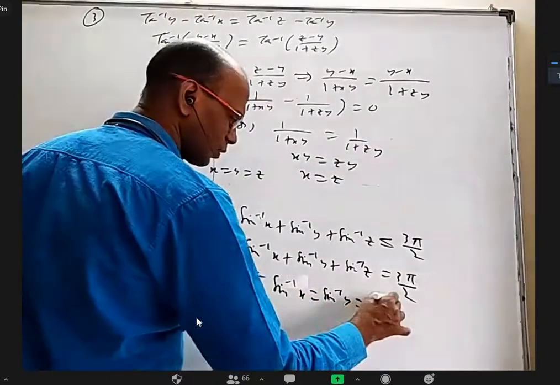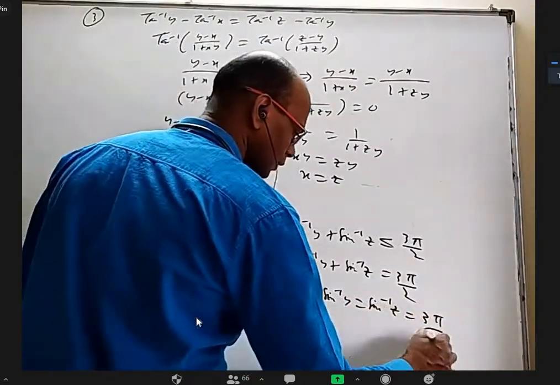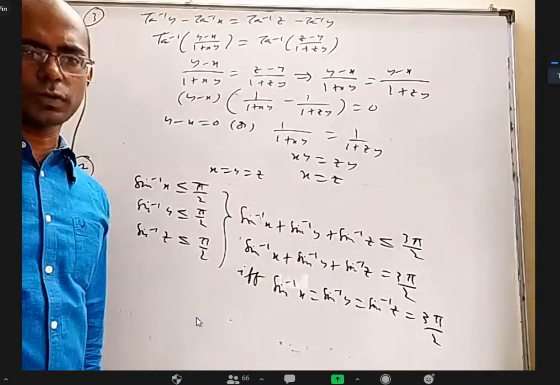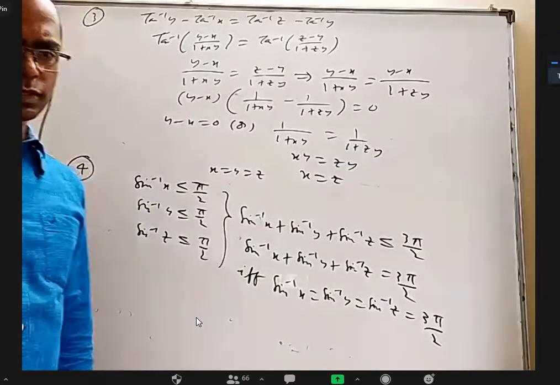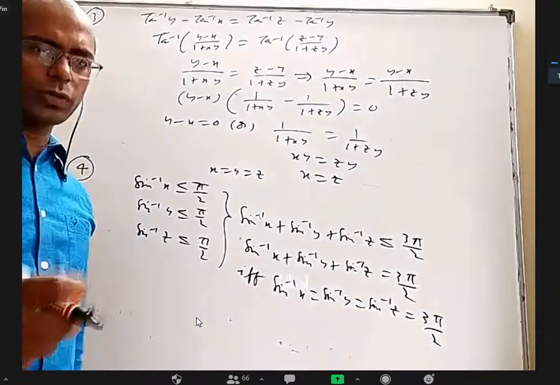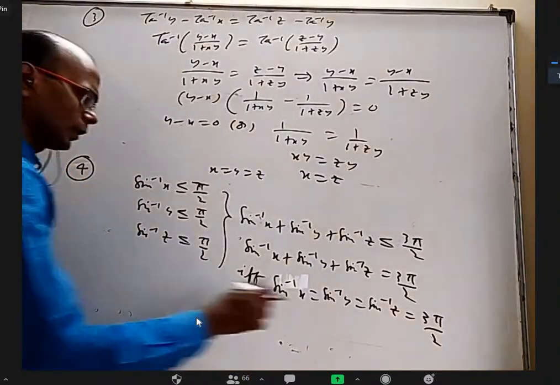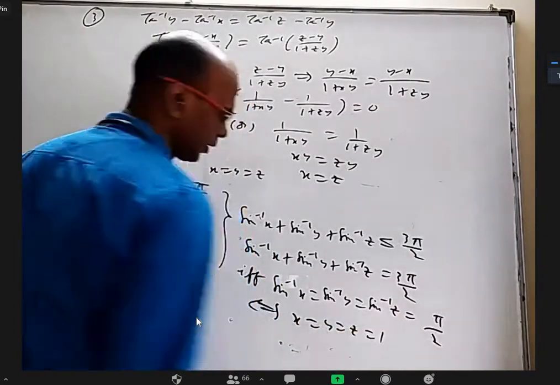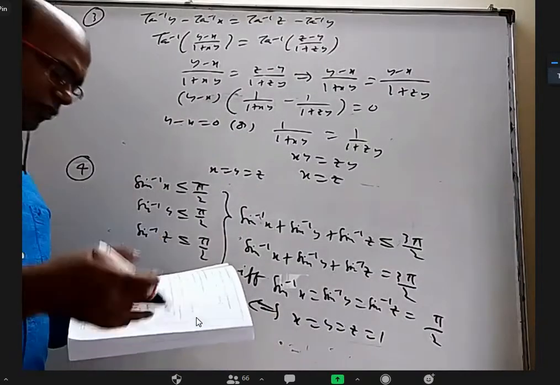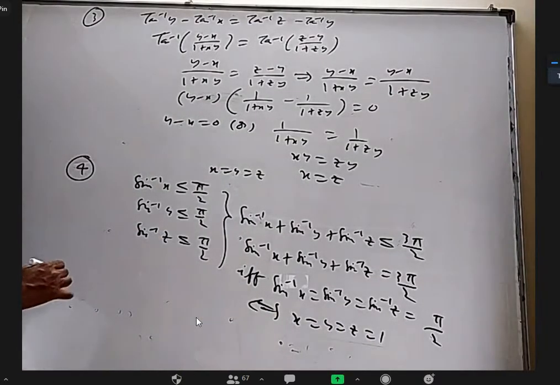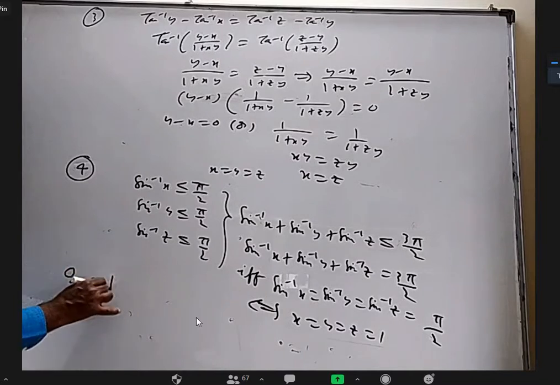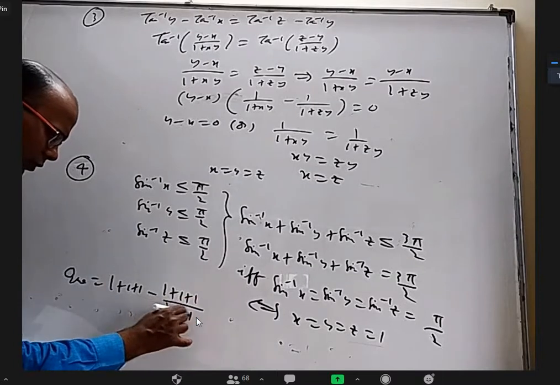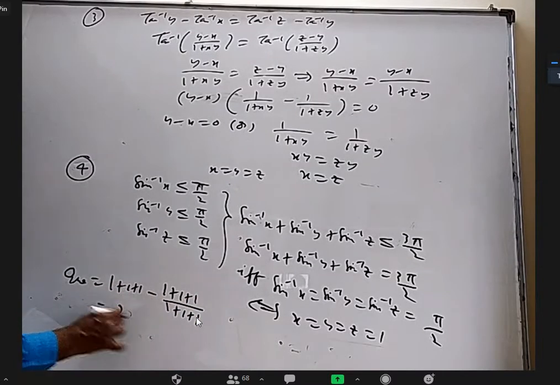Otherwise, one equation, three unknowns, we cannot find the values. If it is other than 3 pi by 2, let us say pi, sin inverse x plus sin inverse y plus sin inverse z equal to pi, you cannot say each should be pi by 3. No, there will be infinite cases. Only when the maximum is attained for a particular x, y, z, all equal to pi by 2, which means x equal to y equal to z equal to 1. Now it doesn't matter whether they have x power 4, y power 5. Whatever they asked, it will become 1 plus 1 plus 1 minus (1 plus 1 plus 1)/(1 plus 1 plus 1). This will become 1 and this will become 2 finally.